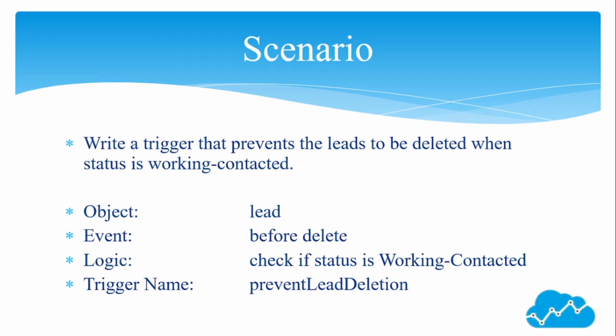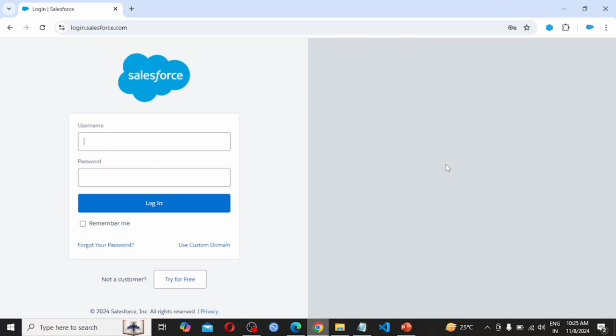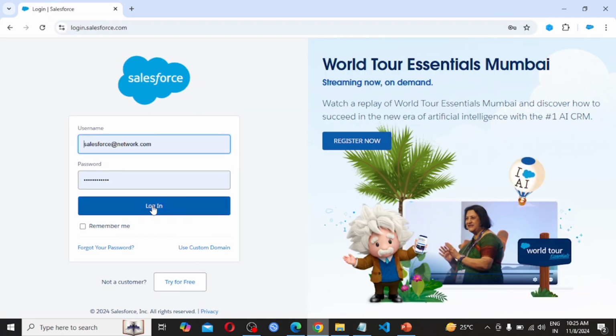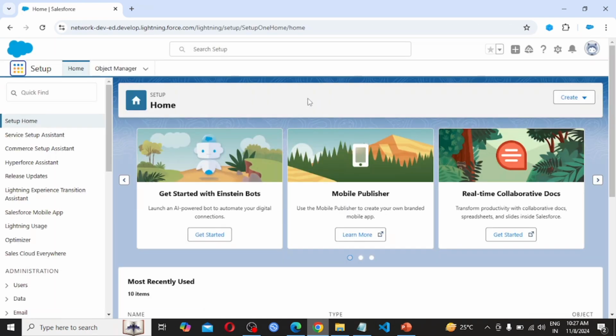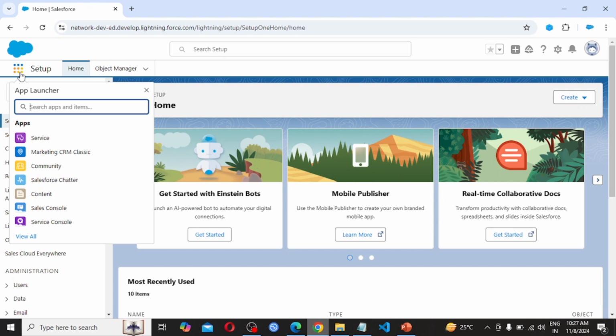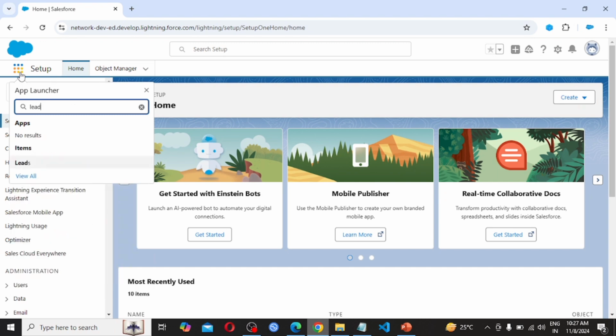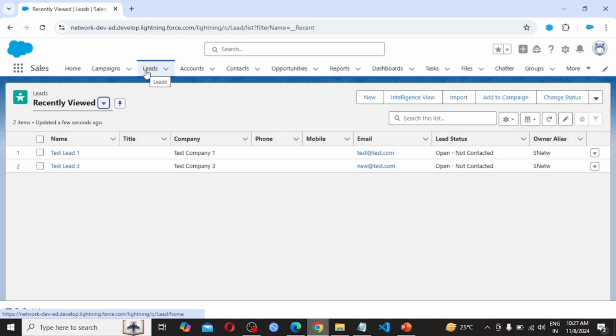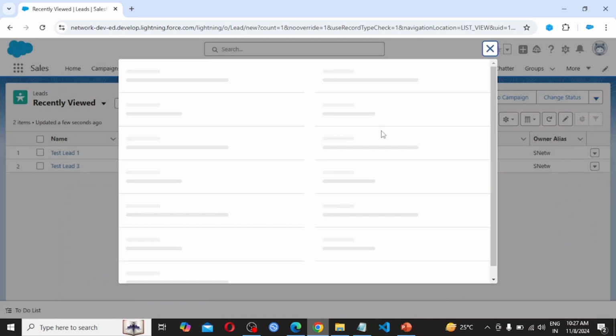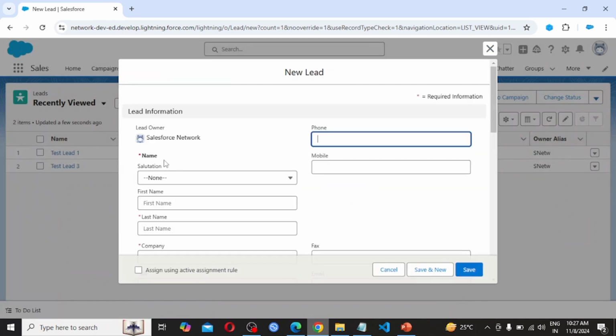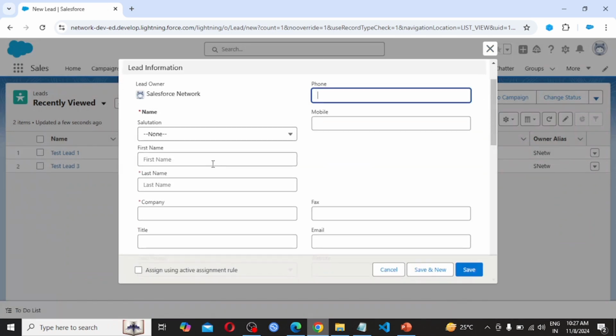So let's do this. Let's log into our Salesforce account by providing the credentials and hit the login button. Before writing the trigger, let's see the leads object. Click on leads. Lead is a standard object provided by Salesforce, and it has these fields.